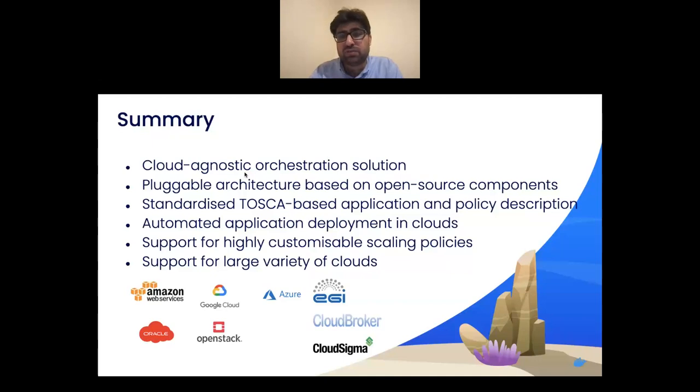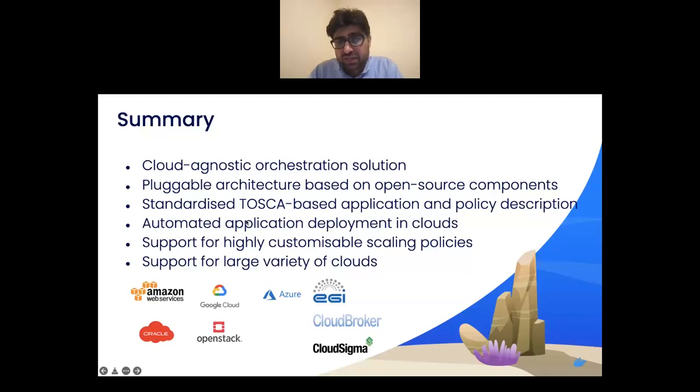For example, we use different kinds of cloud orchestrators and different container orchestrators, and we can switch between them with just a single configuration. Interestingly, MiCADO is based on standardized TOSCA-based application and policy descriptions, which facilitate this interoperability and agnostic behavior across different cloud environments.